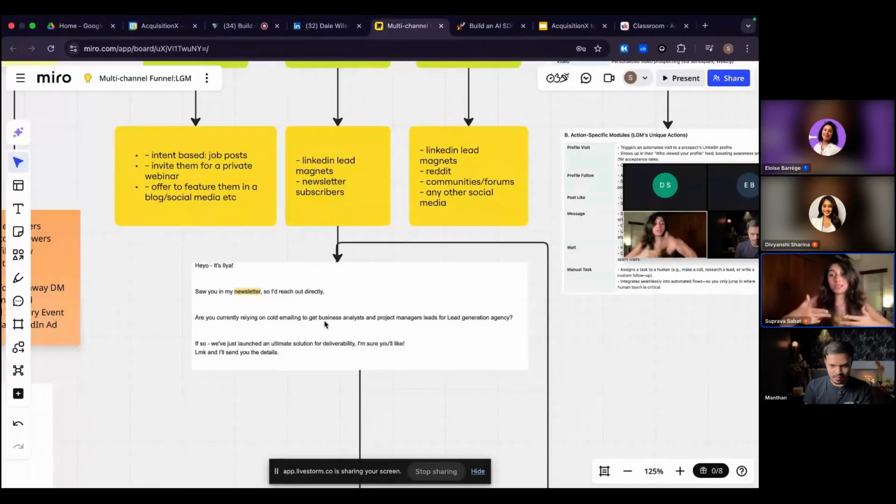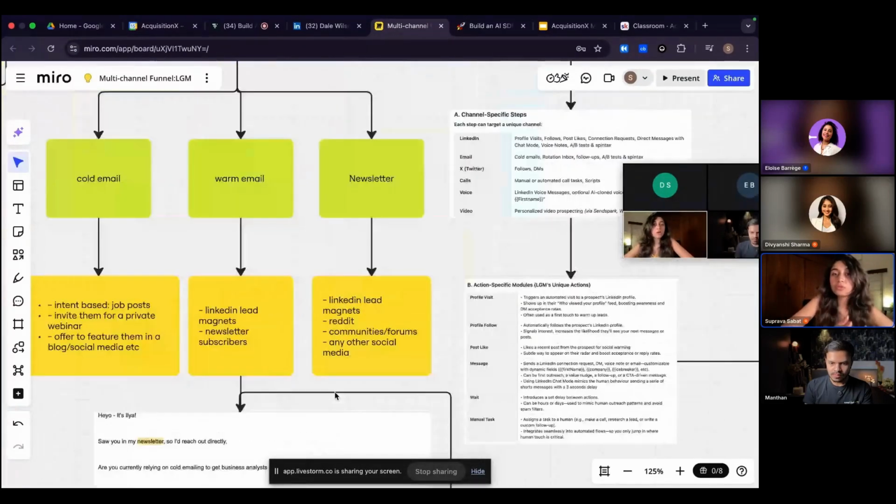So this is exactly how it works. You first need to figure out if they have some sort of interest, and then you reach out to them. This is a great way to do it. Now, coming back to the newsletter funnel, how you can get subscribers: first, of course, LinkedIn lead magnets, and second is Reddit. Recently, I'll show you if you guys want.